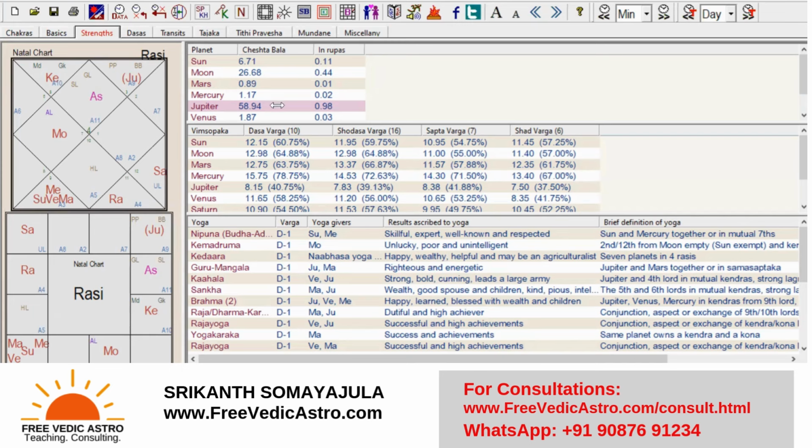So now Jupiter is completely independent to deliver its results. It is not dependent on Sun. But Jupiter will be extra careful because Sun is not around. Okay, this is how it is. Usually what people think is the better position is anything which is not in Astangatva or not in retrogression. That means planets in the 4th, 5th houses from the Sun, or 9th and 10th houses from the Sun. These are better places to be for a planet to give its individual results.